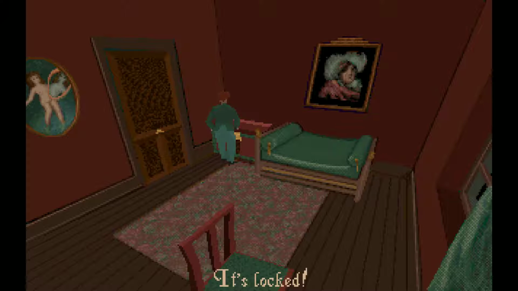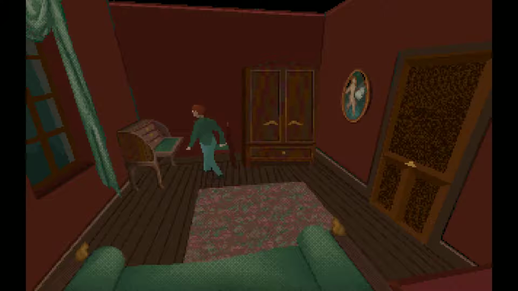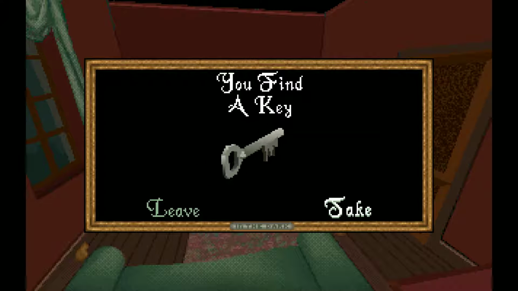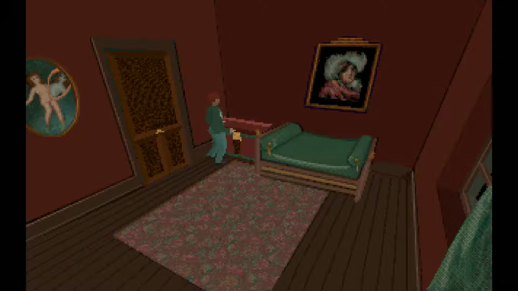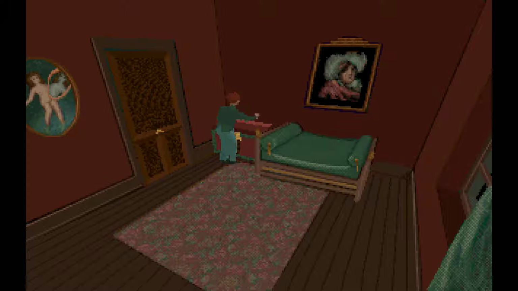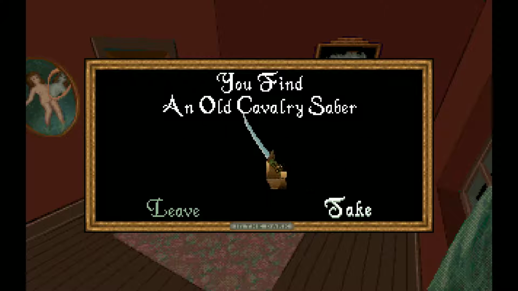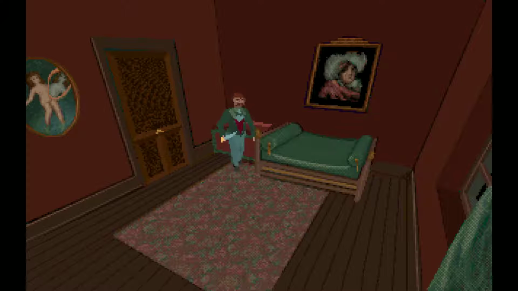Let's see. That's locked. I believe the key is in this very room, if I'm not mistaken. Yes, that key goes to the storage chest over there. Nothing in the armoire. In order to open that, I have to use the key, and then investigate it, and I get a cavalry saber, which unfortunately doesn't take very much damage, but I'll go ahead and equip that, and then when I try to open this door,